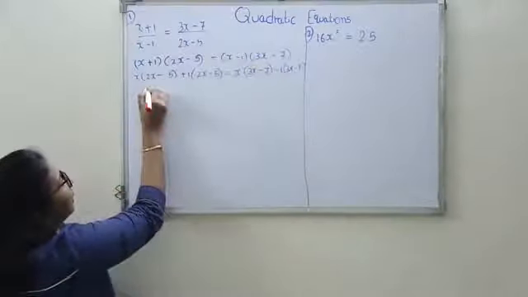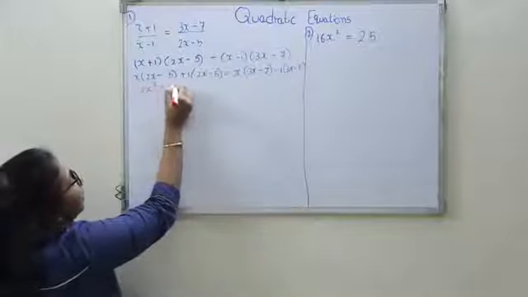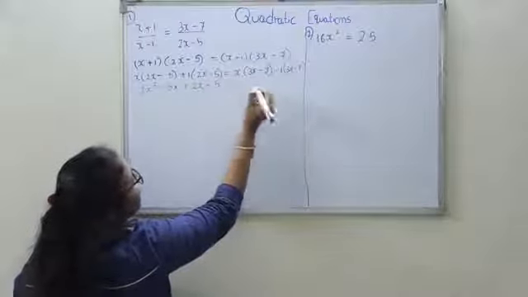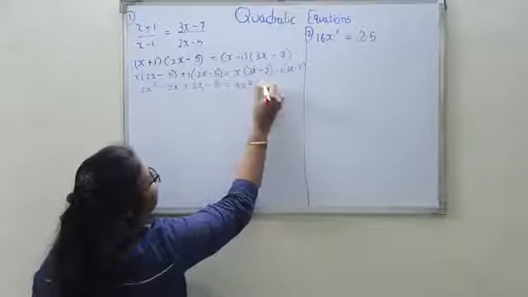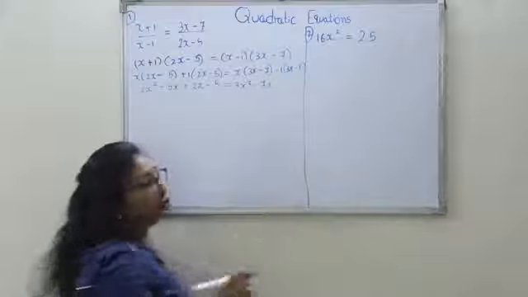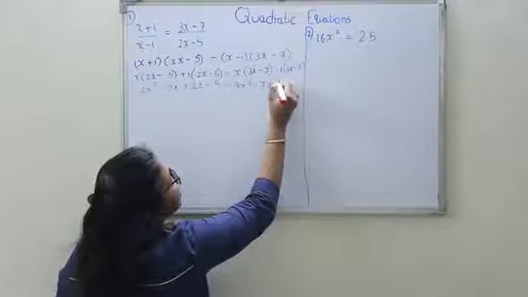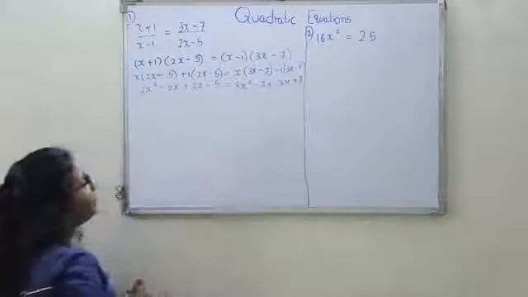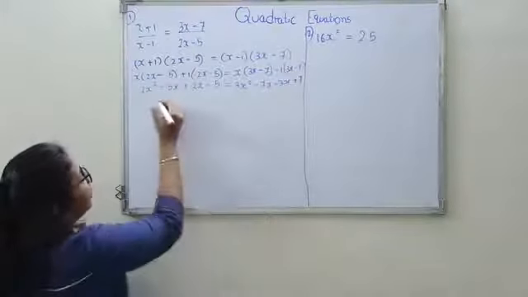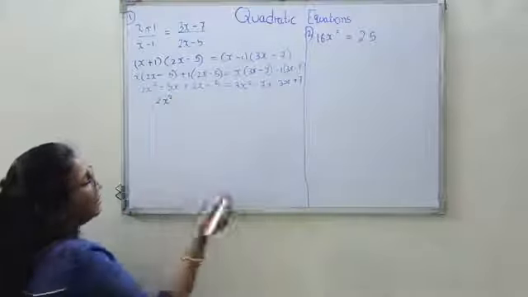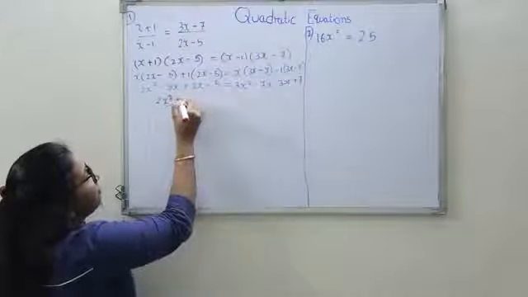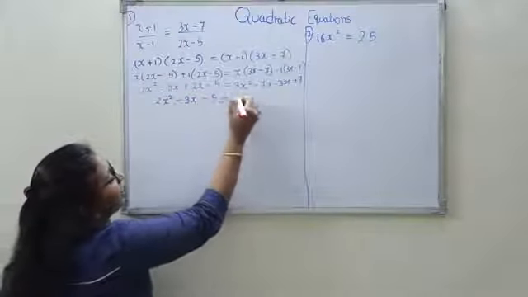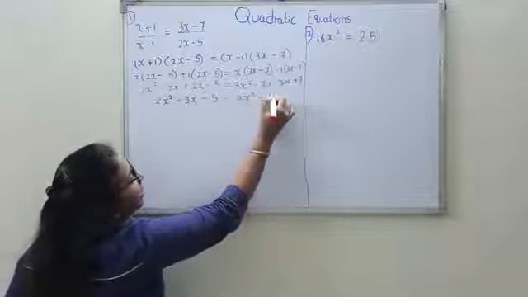Next, let's open the bracket: 2x square minus 5x plus 2x minus 5 is equal to 3x square minus 7x. Here there is a minus sign, you have to be careful. 1 into 3x is 3x, minus minus plus, 7 into 1 is 7. Gather the like terms. First let us simplify the LHS and RHS individually. So minus 5 plus 2 is minus 3x minus 5 is equal to 3x square minus 10x, as minus